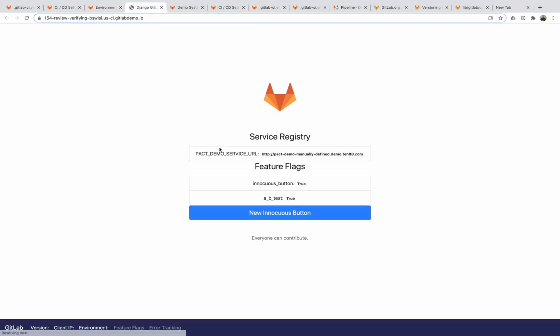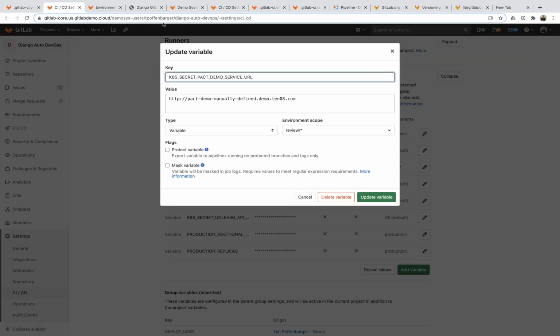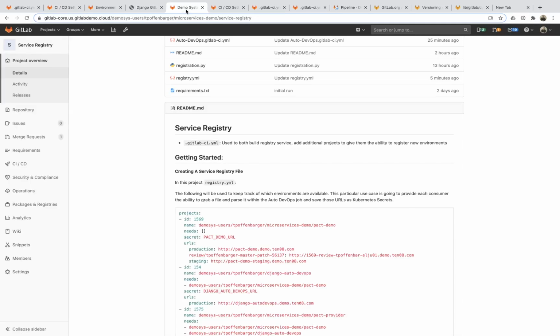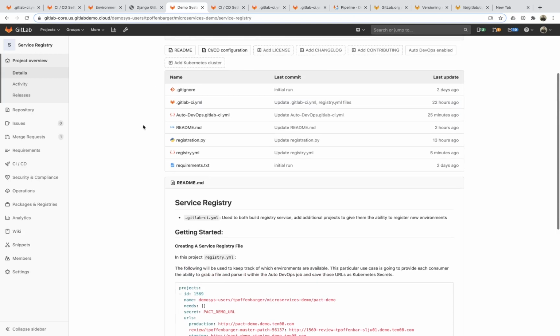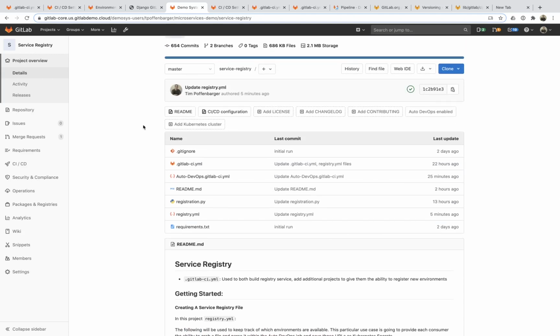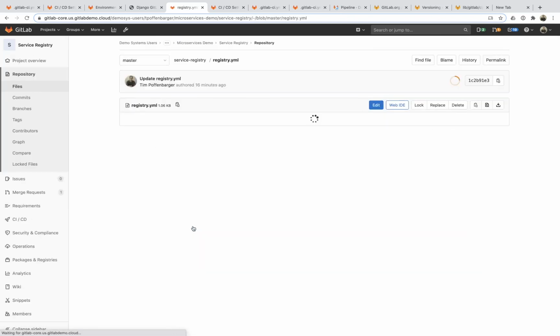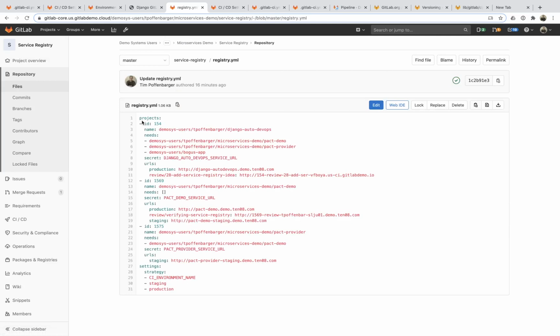And you can see that this packed demo service URL is the same. It's this URL that's manually defined from the CI/CD variable, which is nice. But sometimes, again, back to our use case, it would be nice to be able to dynamically support ephemeral environments. So I had this idea of, what if we had this service registry repository that was a source of truth? So let's pretend that we had this registry YAML file,